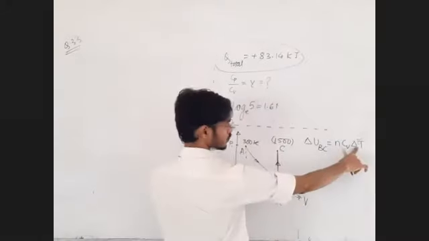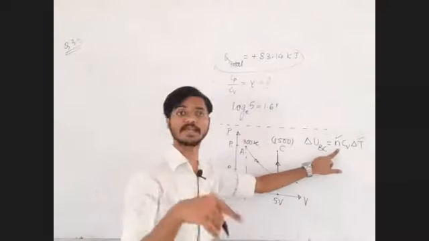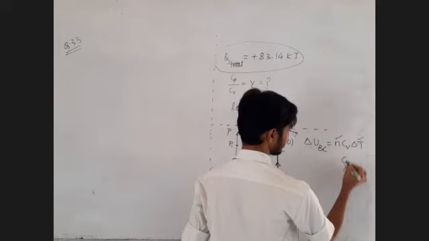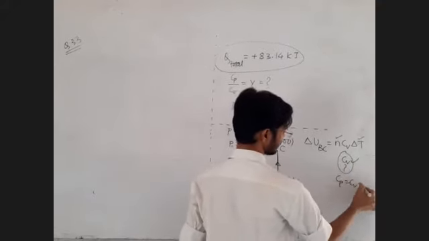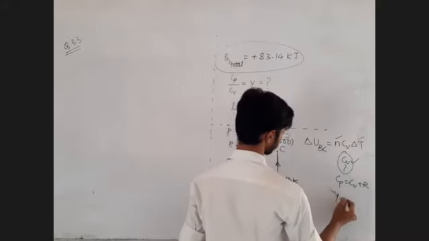Delta T of this process will be known to me. N is already given to me as 3, and then CV will be calculated. Once CV gets calculated, CP will be equal to CV plus R, and gamma will not be far.